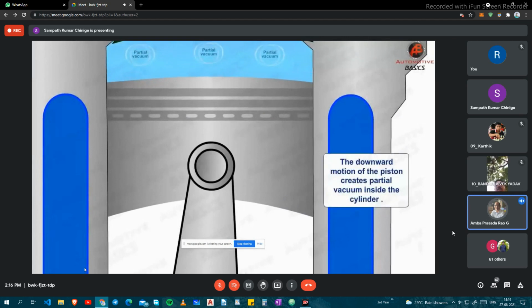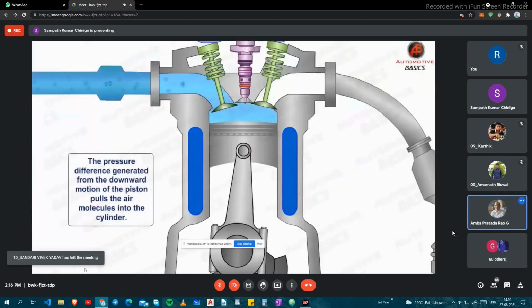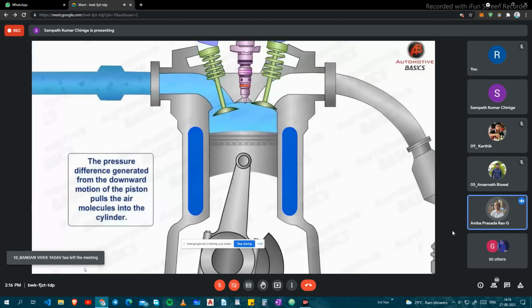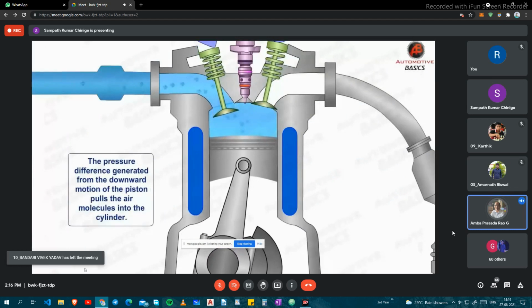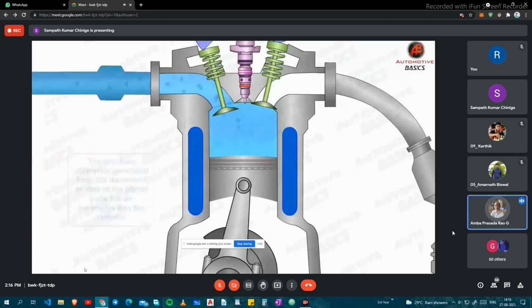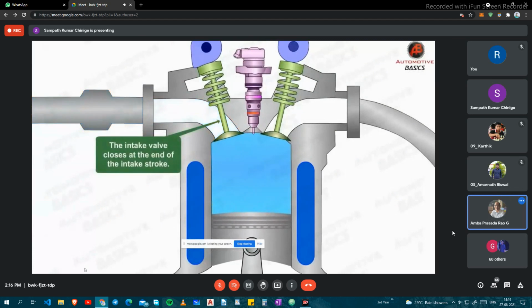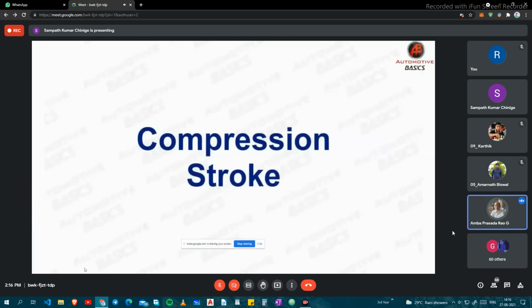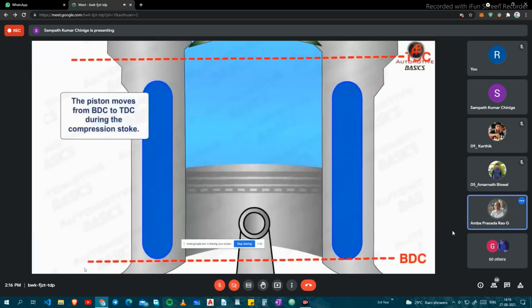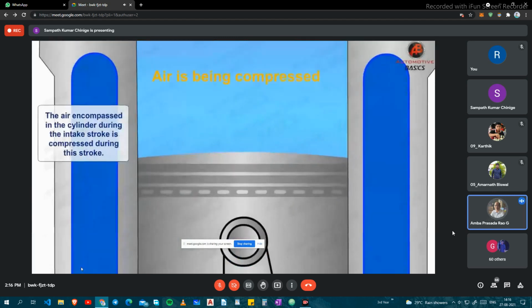Now the piston starts descending slowly from the top center to the bottom center. The charge from the atmosphere, or through the turbocharger, whatever is there, enters slowly until the piston comes to the bottom center. The inlet valve is opened, you see. Now it has come to the downwardmost point. There is no further movement for the piston to go downwards. This linear distance is called the stroke length.